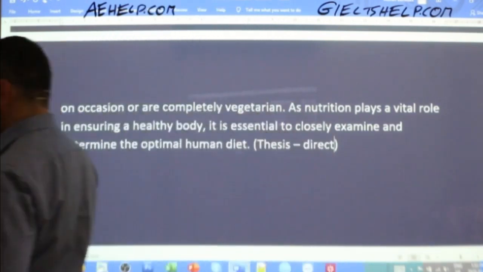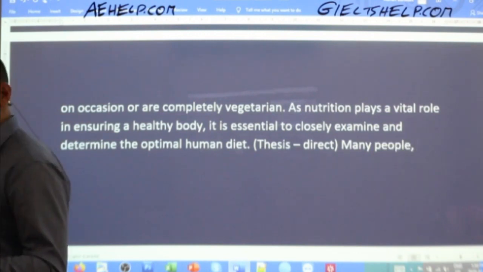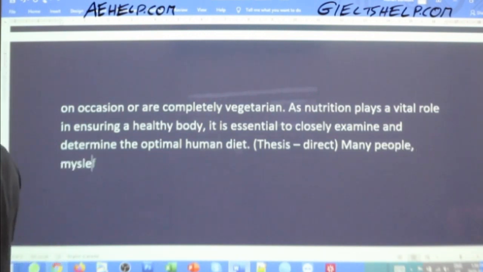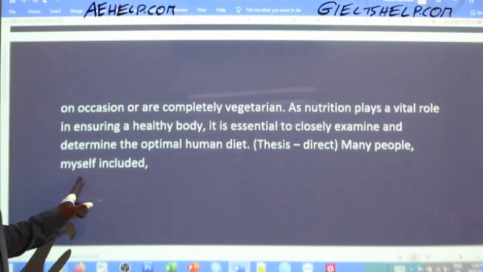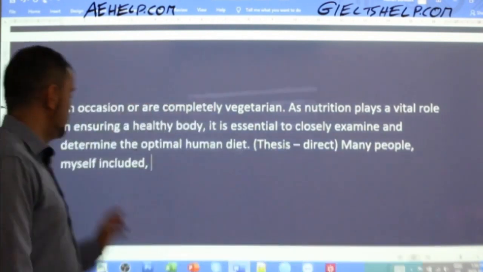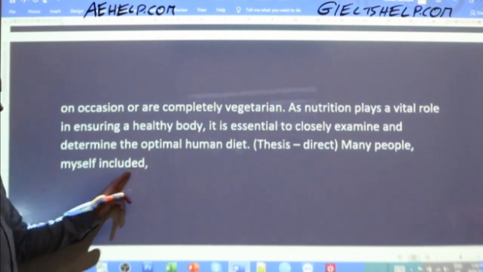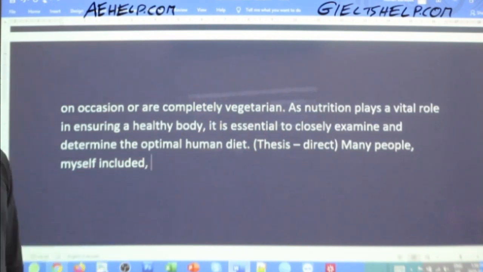While I wait for some more of your thesis statements, this might be my thesis statement. Okay. So many people, and this is how you can do this, Rajveer, what you were doing there, myself included. Okay, so I'm adding this concept. So to have another way to show your first person voice, you can do it like this. Many people, comma, myself included, comma. It's an additive comma use here, so additive definition or information. Okay, so many people, myself included,